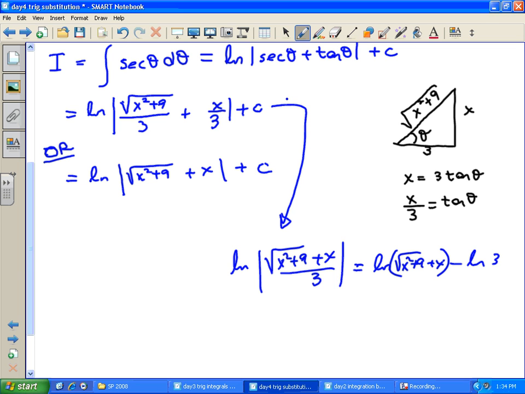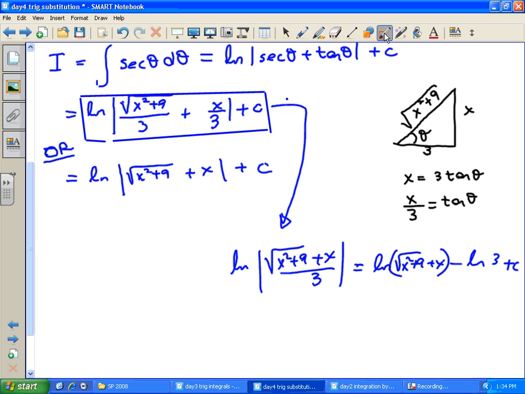And remember, at the end of everything, there was a plus c, right? So basically, what they're doing is they're saying, well, this is just a constant, and there's another constant, and we might as well put them all together and call it another constant, say capital C or C prime or K. So basically, you can leave the answer like this plus another constant, and that would be equivalent to the answer we got originally. But at the moment, I'm just going to circle the first answer that we got. And the second one, I was just showing you that the textbook sometimes may leave the answers in that format. Just be aware. Okay. Any questions